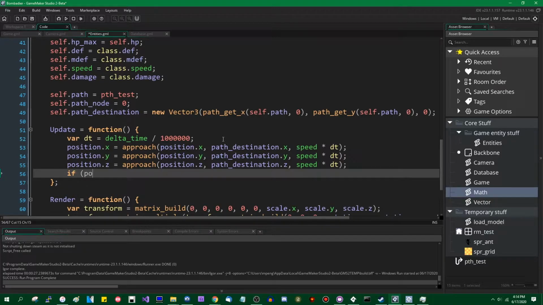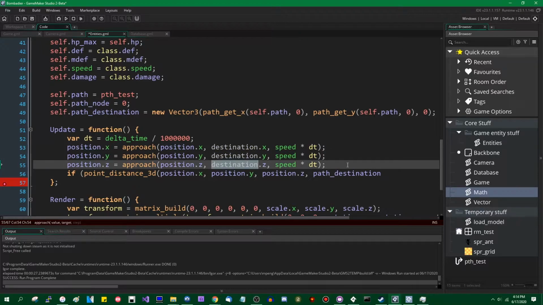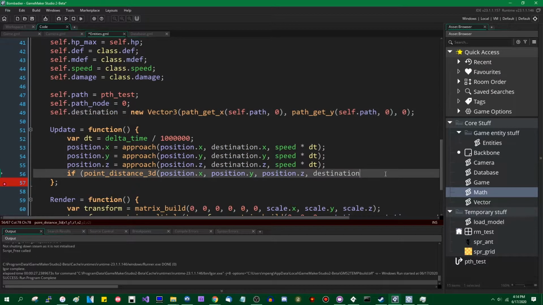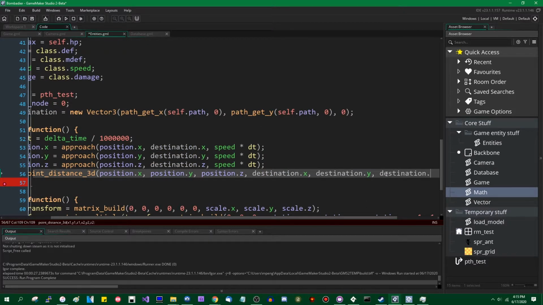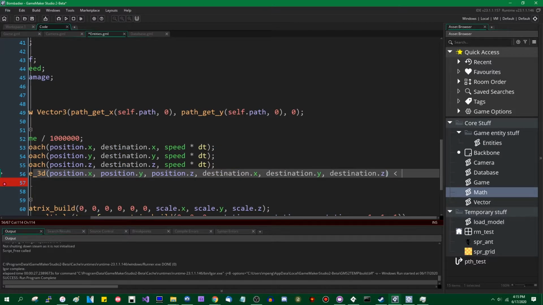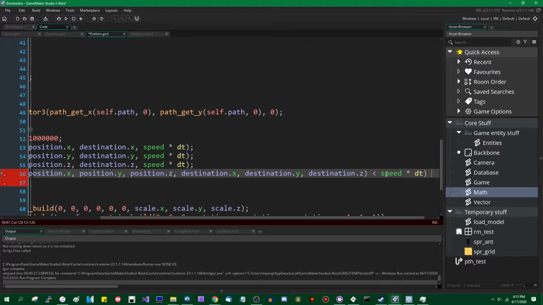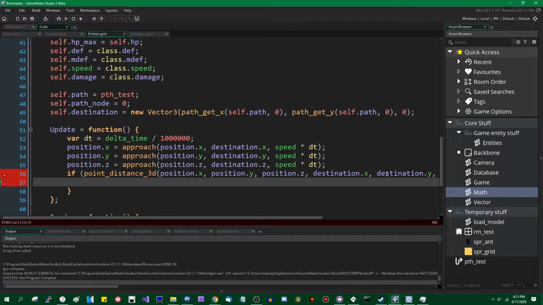And I'll say if point distance 3D from that to... Okay, so I'm getting tired of typing out path destination every time. Let's shorten that variable name just a little bit. So if that is less than, what would the value be? My brain is completely blanking. Speed times delta time. If you're within range, if you're on top of the